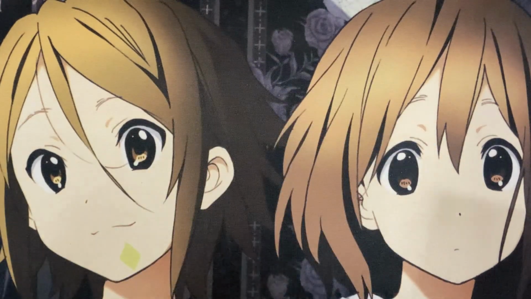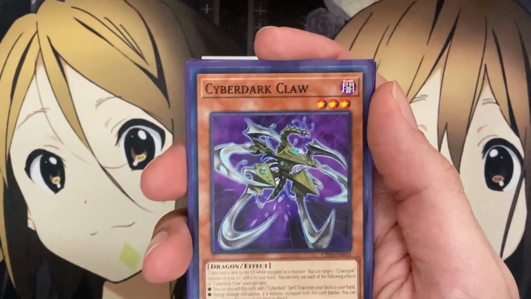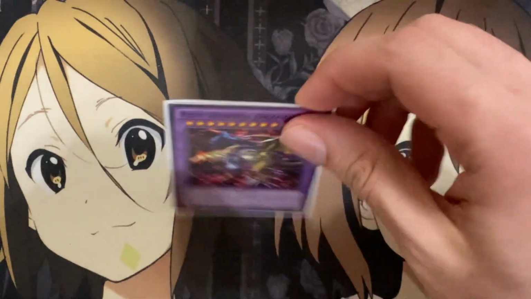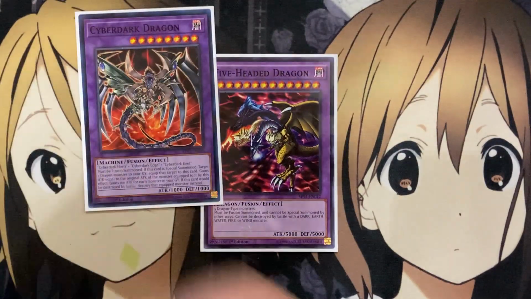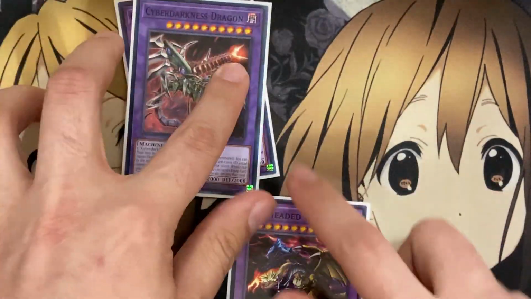For the other fusions, I run 1 5-headed dragon. This is not for summoning out in the deck, but more for sending from the extra deck using our Cyber Dark Claw. For during damage calc of a monster equipped with this card battles, sending 1 monster from your extra deck to the graveyard, you can set up 5-headed dragon in the graveyard for you to then equip with one of your Cyber Dark fusion monsters, boosting them up by the attack of 5-headed dragon for a pretty powerful boss